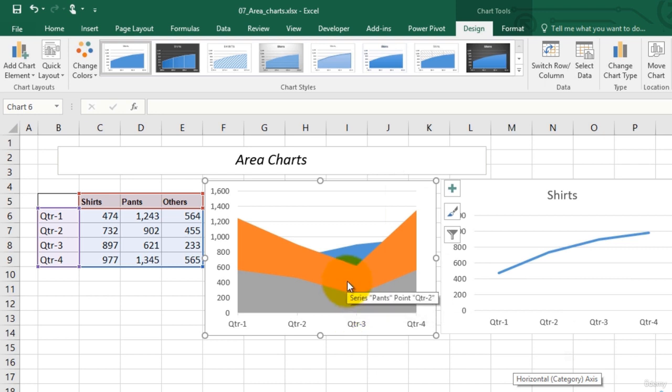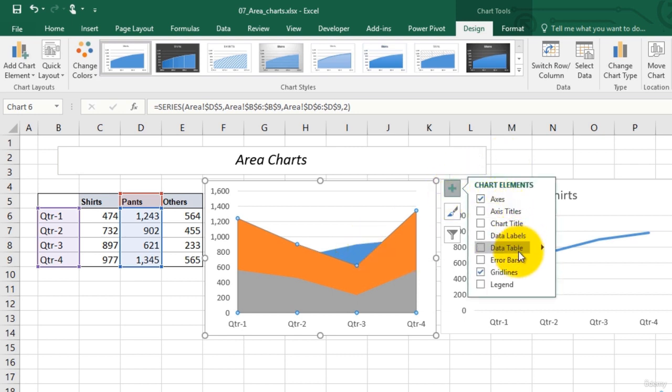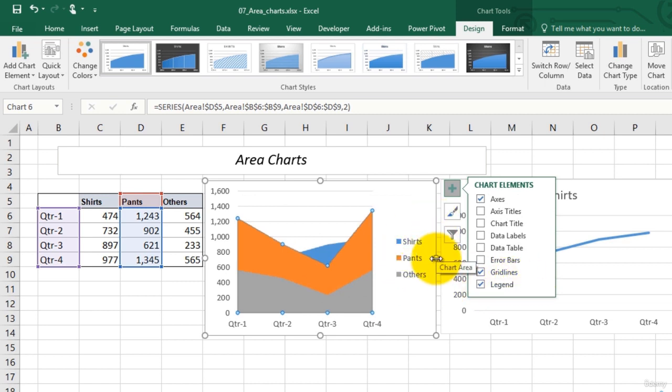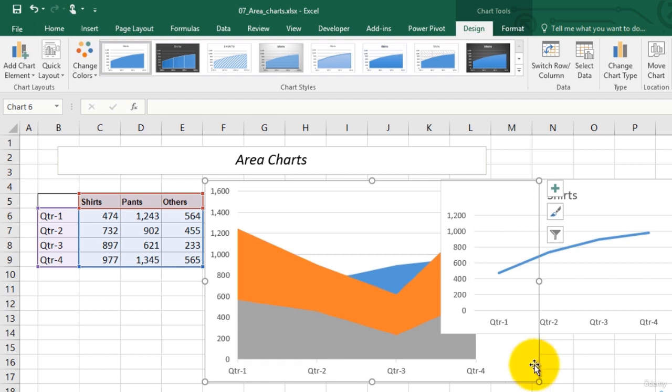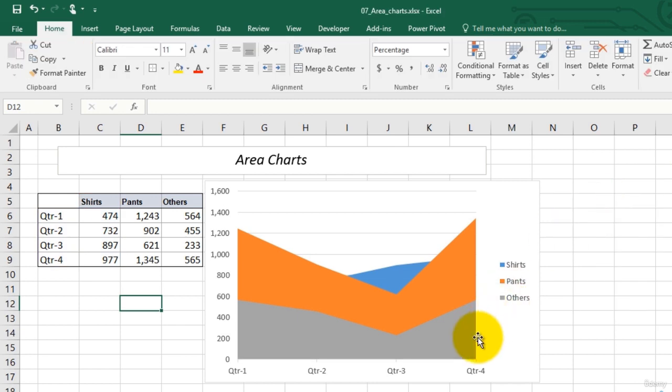So you can see now we have 3 series, and this chart is missing the legend box, so I am first of all not able to identify which color is representing which series. Let's add a legend box for this. So you can see we have 3 series in this single chart,